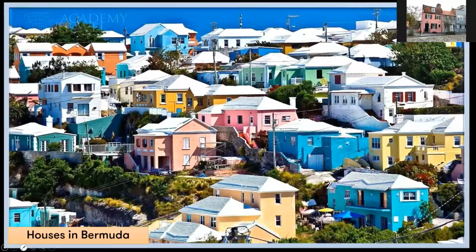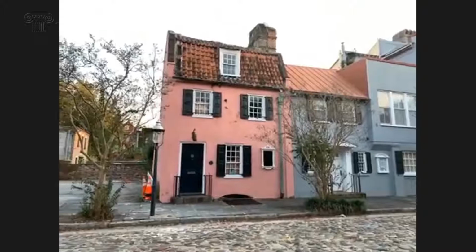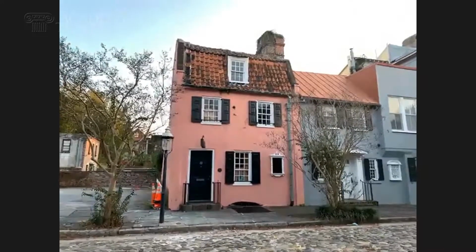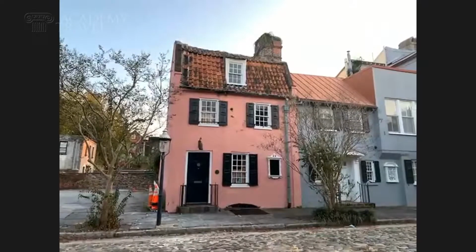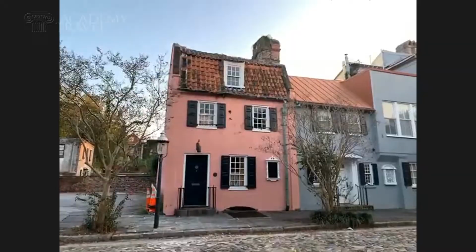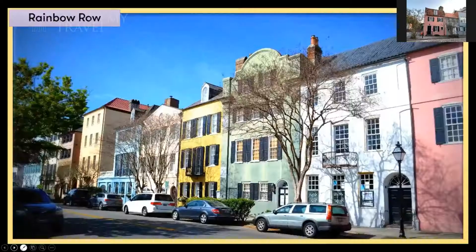The only difference is the roofs in Bermuda are white because they use limestone in order to shingle the roofs. That's not really easily available in Charleston, and so they just use tile. There are various other parts of Charleston that still use this Bermudian style, including an area called Rainbow Row, which we won't get to on our walk today, but Stuart can throw up a slide showing that pastel color scheme that many parts of the city still use as an homage to that early Bermudian influence.